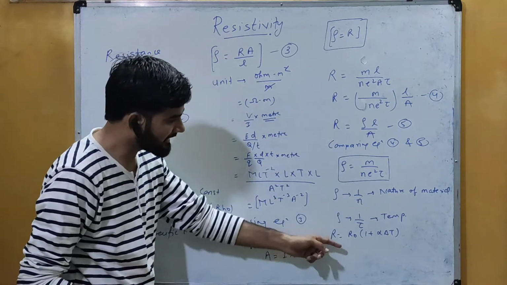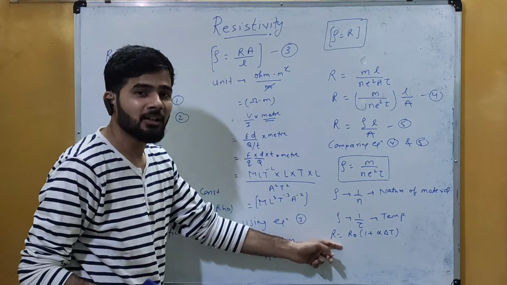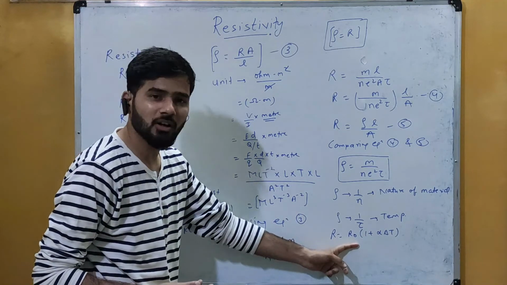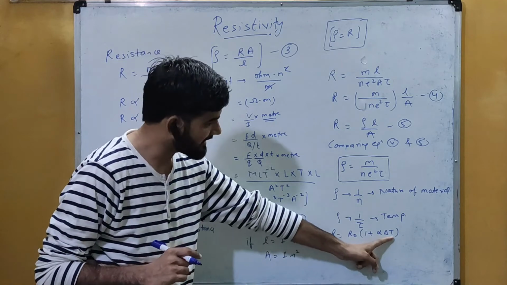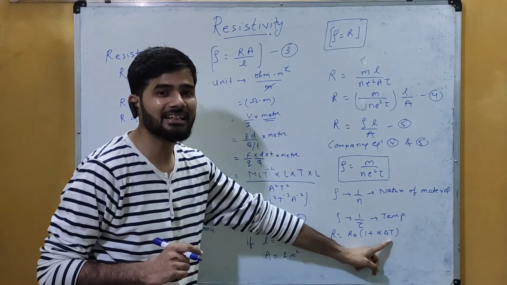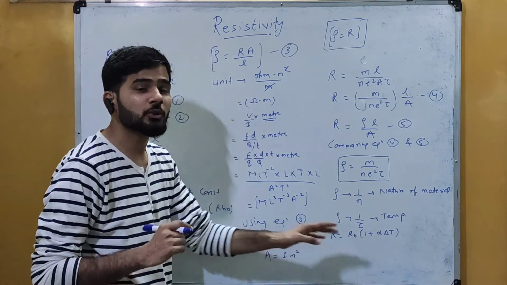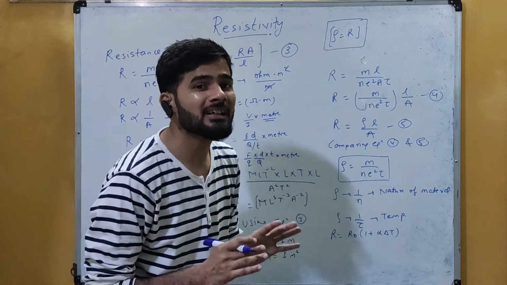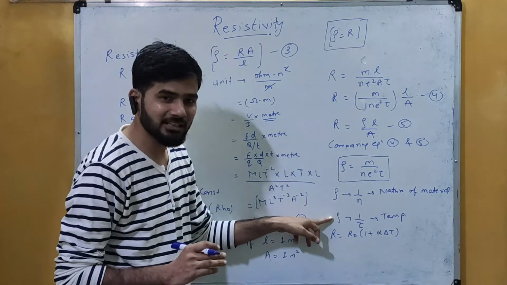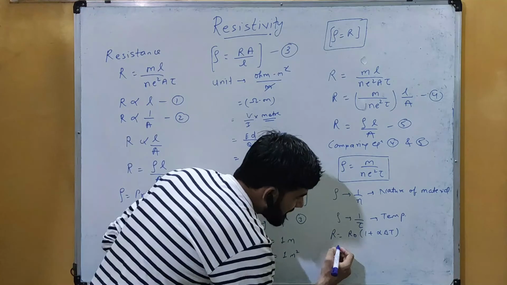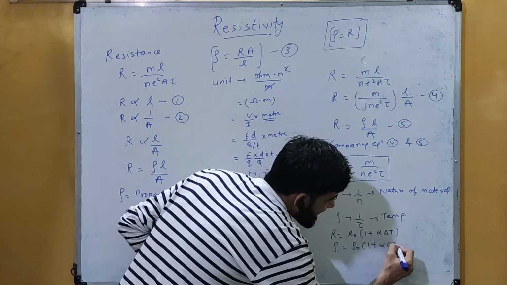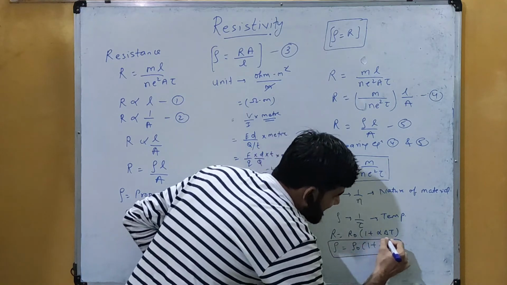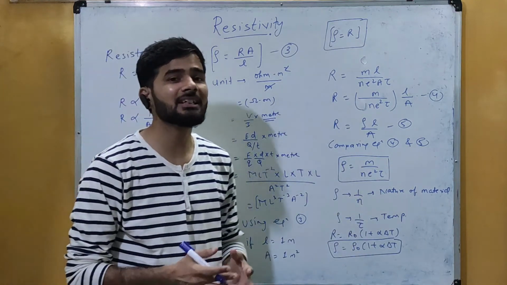This was the formula. That is the resistance at any temperature where we have to find the resistance. R naught, the resistance at 0 degree Celsius. Alpha is the temperature coefficient of resistance and T is the temperature. Delta T is the change in the temperature. तो इसी को अगर हमको लिखना है in terms of resistivity, because we have seen that resistivity also depends upon the temperature. यहाँ पर लिख सकते हैं हम rho is equals to rho naught 1 plus alpha delta T. This is what the dependency of resistivity on the temperature is.